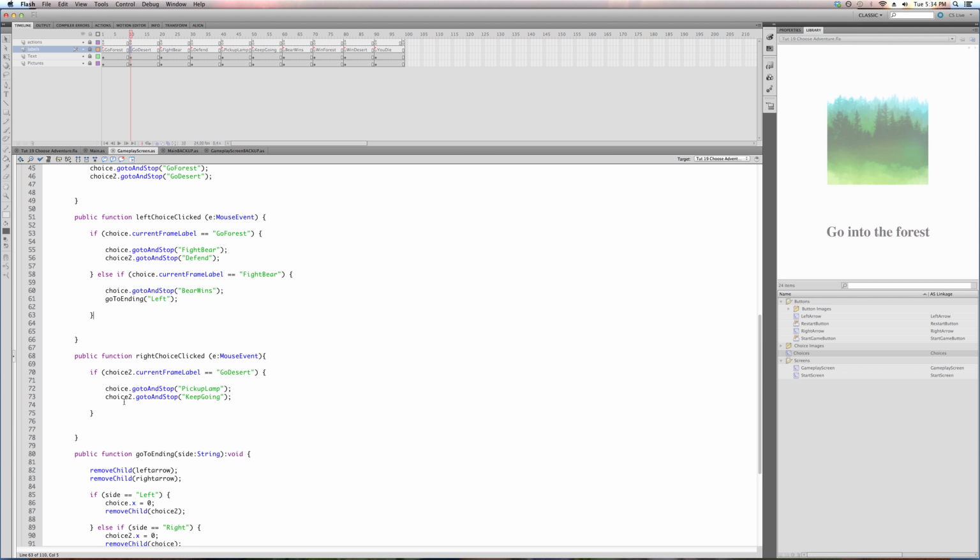These are our two choices. We're going to need to add, I'll go to the left first, another one down here that says else if the current frame label, again, would be this one here. Remember, choice 1 is the left, choice 2 is the right. So it's the pickup lamp. I'll just copy it so you can see that it's the same. If the current frame label is pickup lamp,